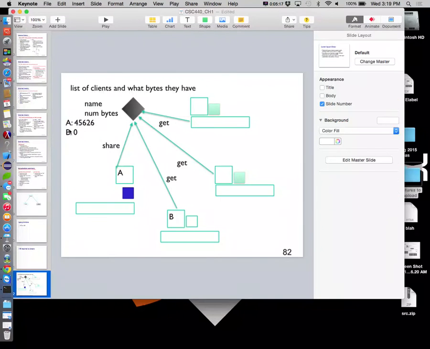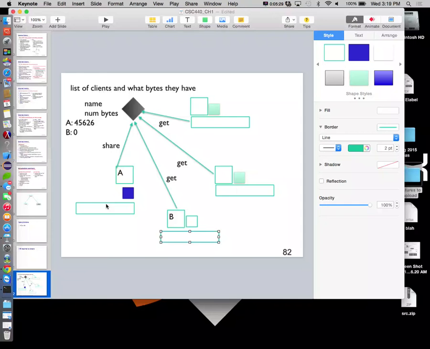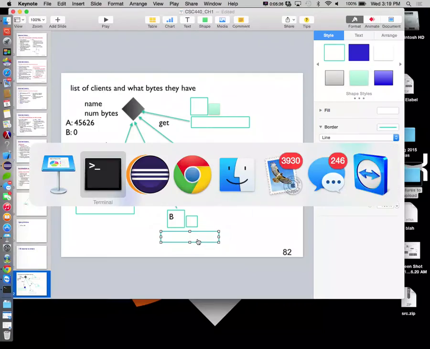Okay. Now keep in mind these are not actual bytes. This is an array of Booleans that dictate how many bytes each of these guys actually has. These guys each have their own byte array here, which actually holds the bytes. Make sense? All right, so we go back to our client